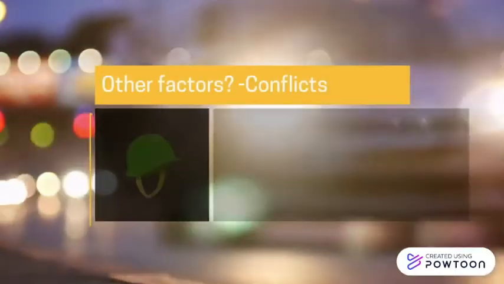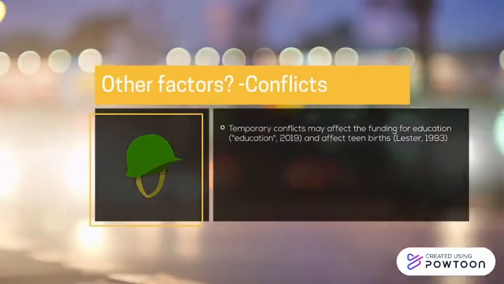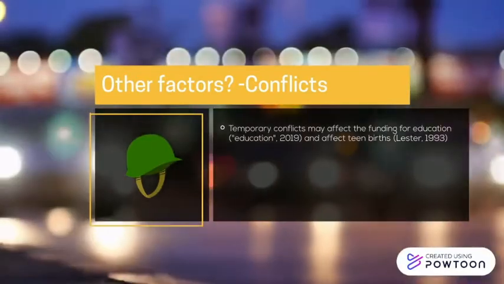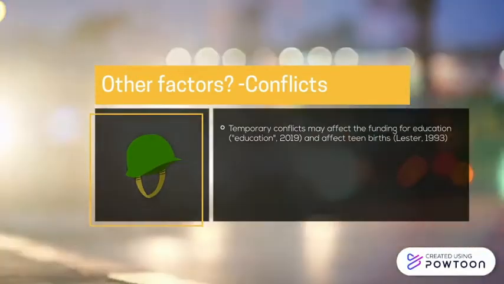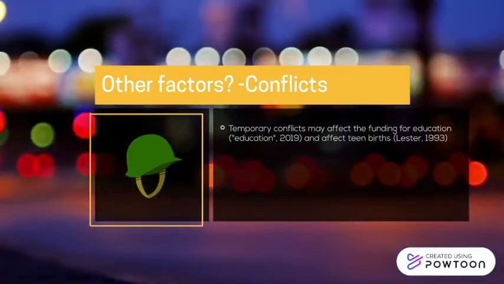Another variable that could be involved are conflicts. Temporary conflicts between countries or within countries may affect funding for education, as less funding will result in lower mean years of schooling. Birth rates are also affected, such as during wartime. The instability usually lowers the birth rate. Some other examples of conflicts could be famine, rebellions, and trade sanctions. And especially with rebellions, this is a common occurrence among African countries, such as within Mali, the Democratic Republic of the Congo, and Niger, which are all outliers in this data set.